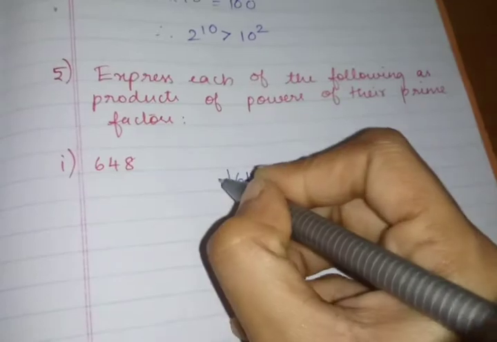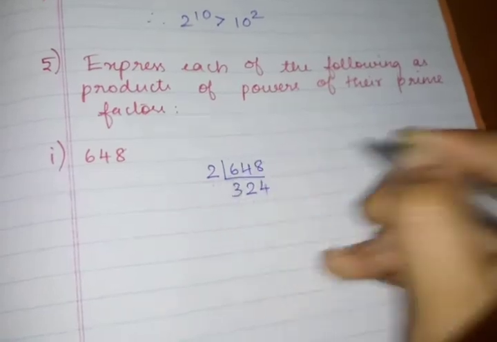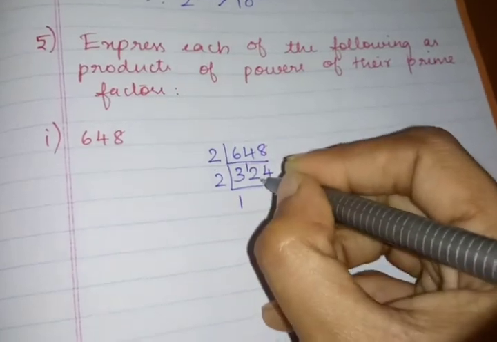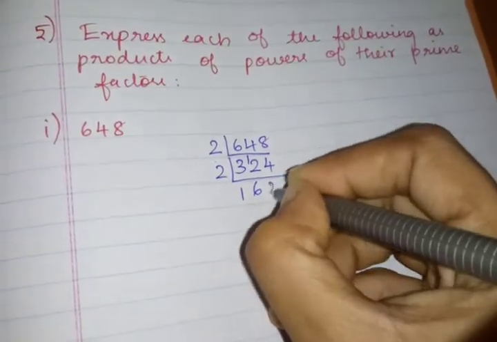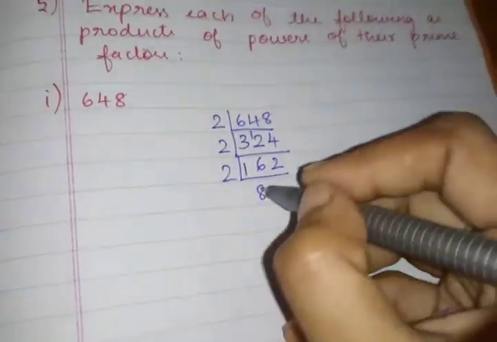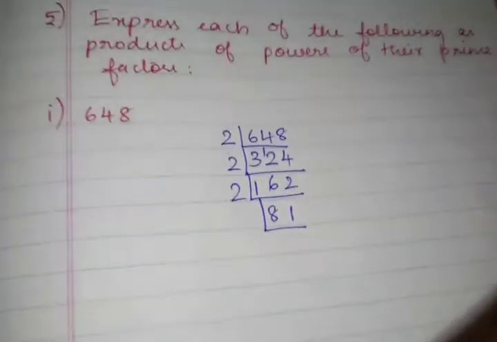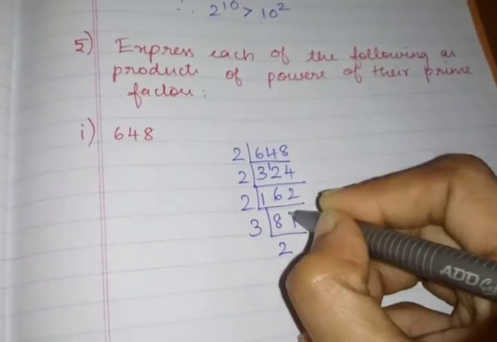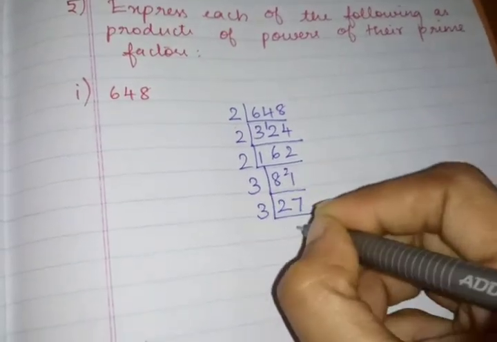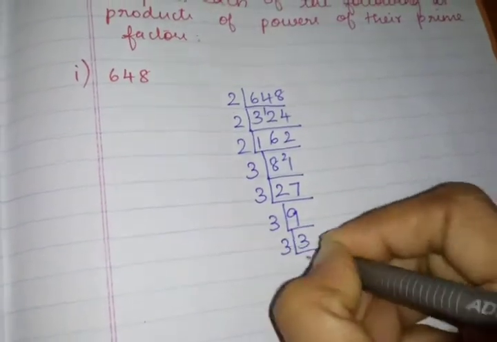So first prime number, 2. 2 3s are 6, 2 2s are 4, 4 2s are 8. Next, in the table, 2 1s are 2, 2 has become 12, 6 2s are 12, 2 2s are 4. Again in the table, 8 2s are 16, 2 1s are 2. Next, 81 will come in the 2 table? No, so next it comes in the third table. Yes, 3 2s are 6, remainder 2, 1 has become 21, 7 3s are 21. Next in the third table, 3 9s are 27, again 3 3s are 9, then 3 1s are 3.